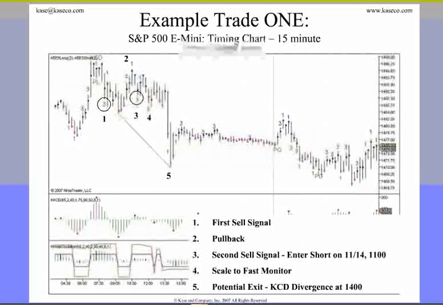Okay, so we're going to look at a simple example here, and one of the premises behind using Kase StatWare is we recommend using multiple time frames. We usually set up 3 time frames, each 3 times greater than the other. So if you had a 15-minute as your lowest, you might use a 15, a 45, and then